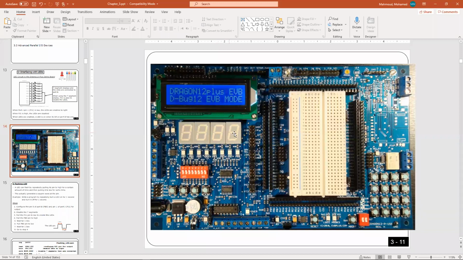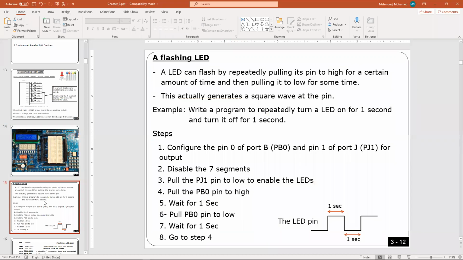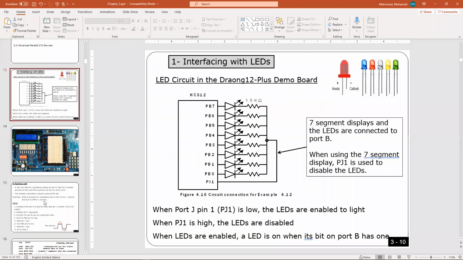Also, I'm going to disable the 7 segment because I'm going to use the LEDs. Later, when I explain the 7 segment, I'm going to do the opposite: I'm going to disable the LEDs and then enable the 7 segment, as I'm going to explain later. Okay, so that's what I explained last time. Also, what I explained last time in general,